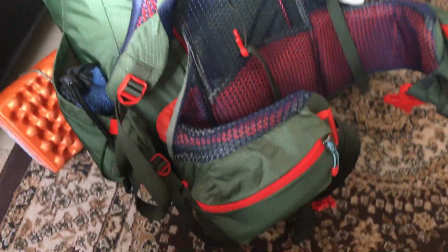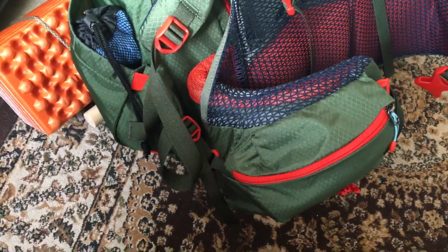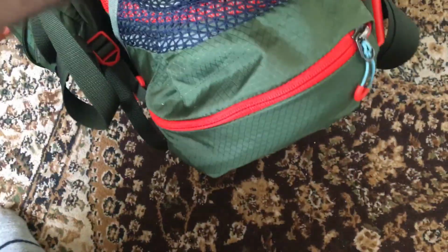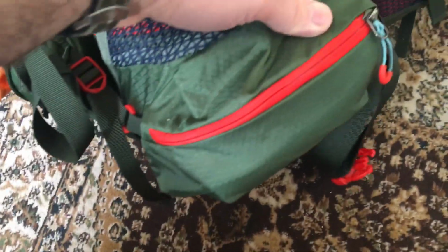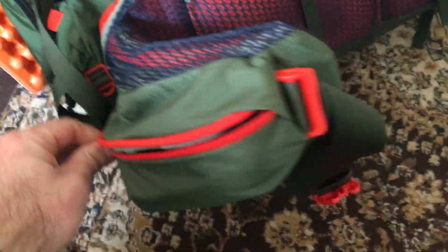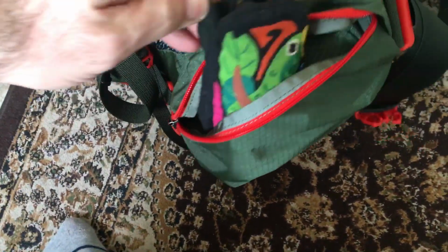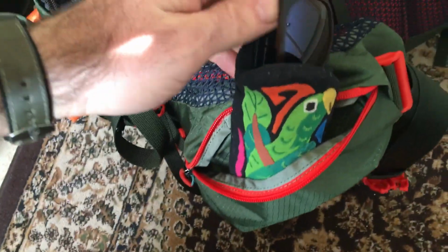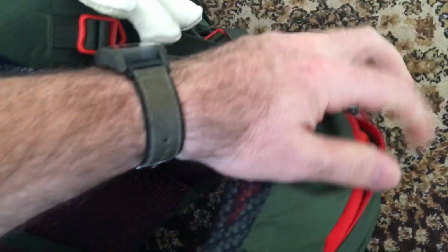Hey guys, one thing I forgot to show you on my pack last night when I did the video was what I got in these little pockets on the front here. This backpack has these little fanny packs on either side of the waist strap, which is kind of cool. And in there, so far anyway, I got just a pair of regular sunglasses on this side, and on the other side, I have